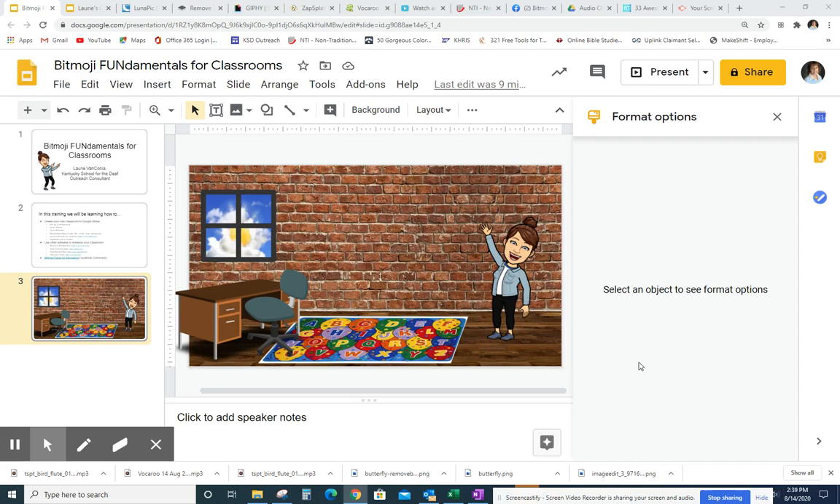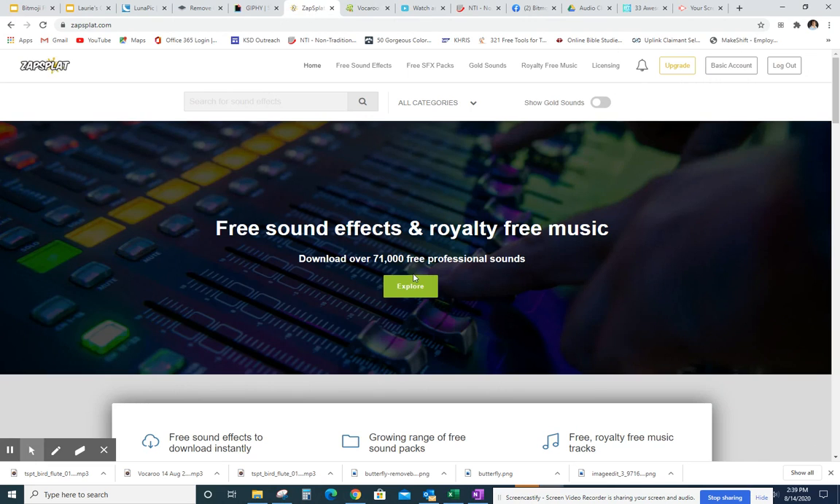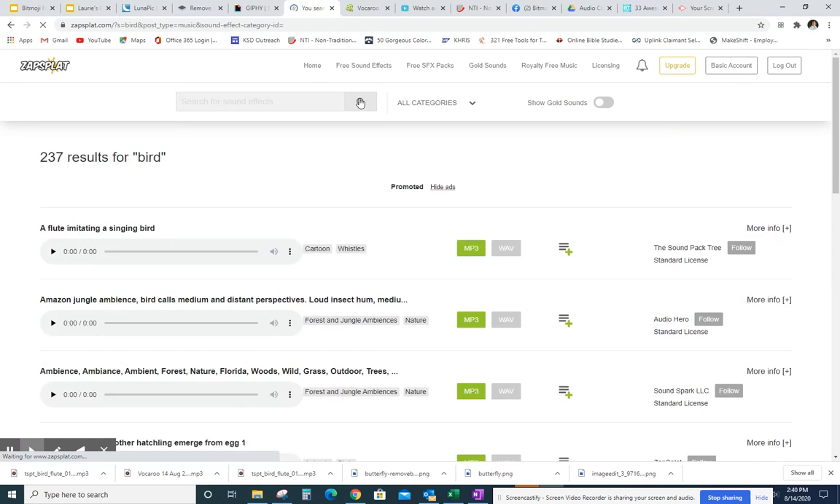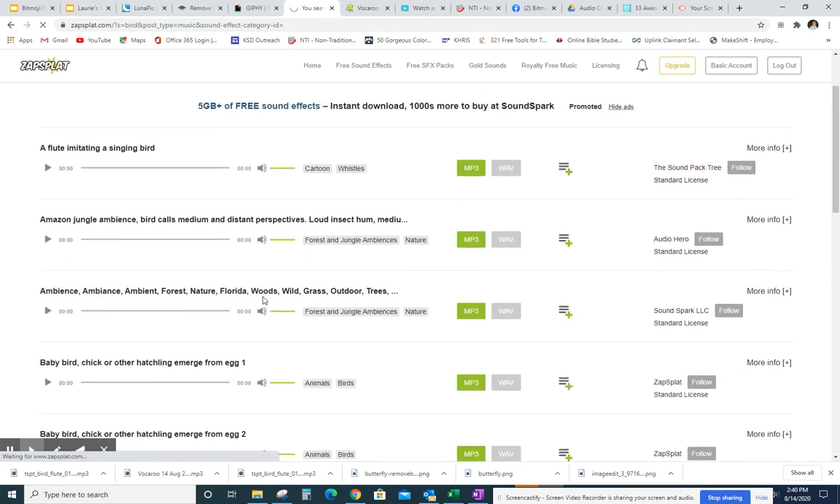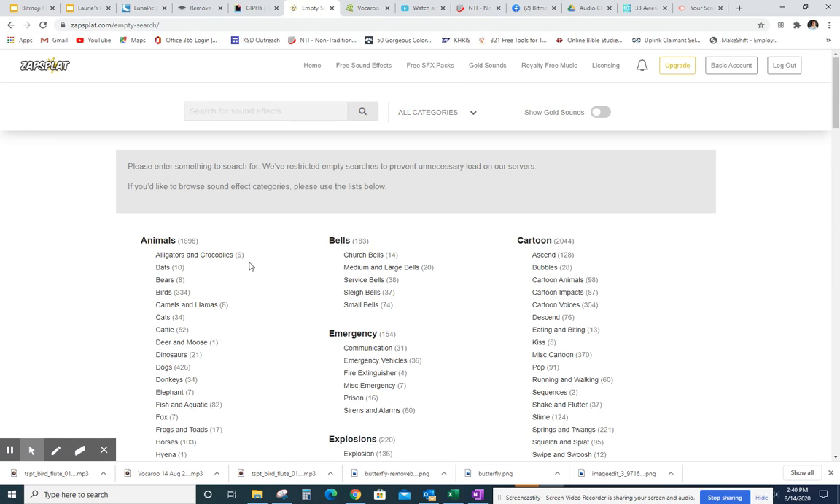Next, we're going to look at adding audio files to your Bitmoji classroom. We're going to use another free program called Zapsplat. That's zapsplat.com. In here, there are thousands and thousands of free video audio clips. We're going to do a bird. So you can search for a bird, and then on the left you'll see over here,